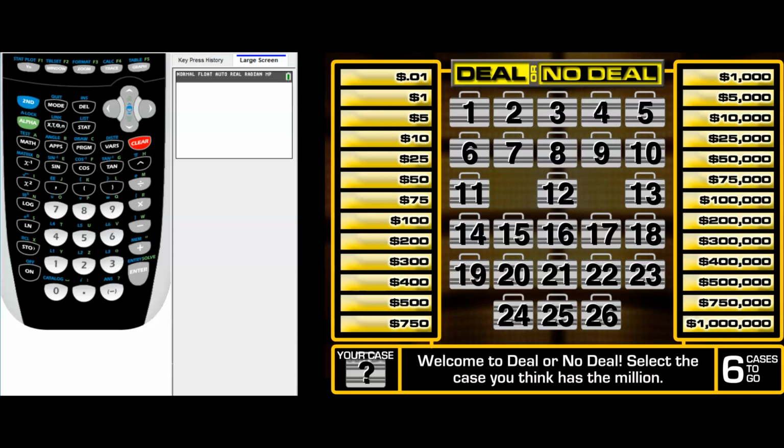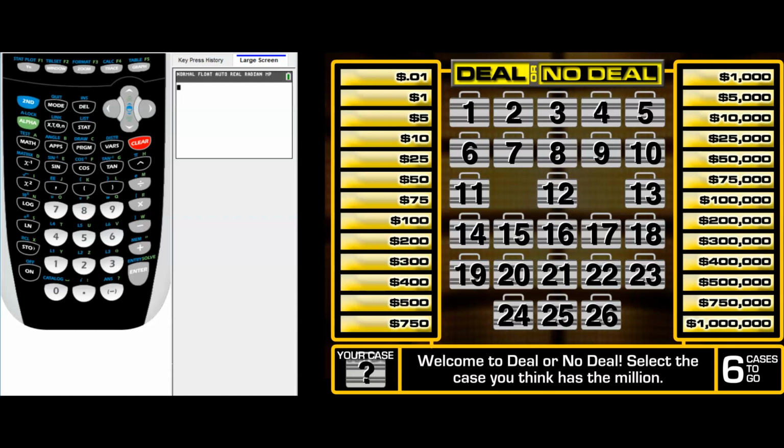Let's have a little bit of fun to start this new module and play the game Deal or No Deal. This was a really popular game show about 10 to 15 years ago, and you might remember that Howie Mandel was the game show host. The way that the game is played is you start with 26 cases and 26 dollar amounts. And those dollar amounts are randomized inside the cases, so nobody knows where the big prize money is.